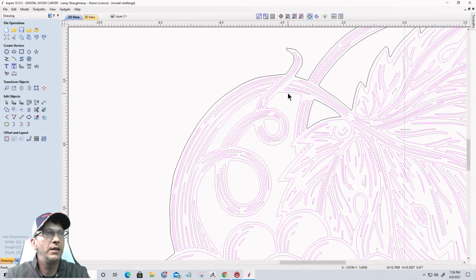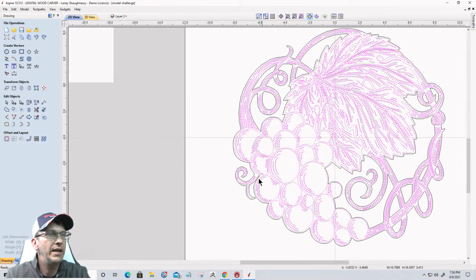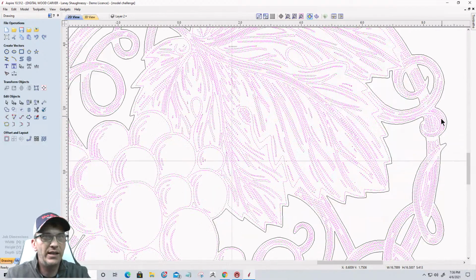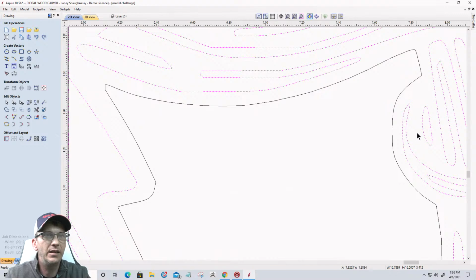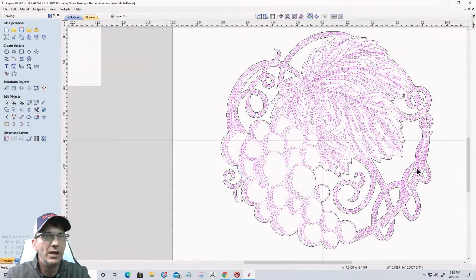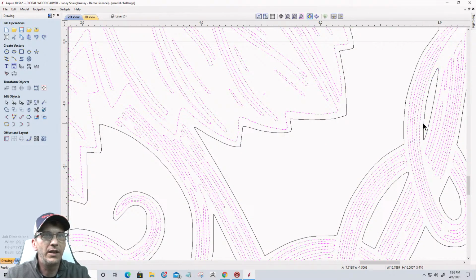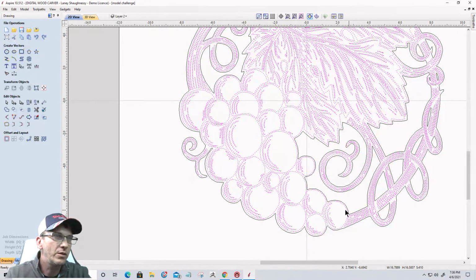But let's go in here and turn off all of these vectors. I'm holding the shift key while I'm deselecting these things, and basically looking at this, I've got this one here and this one here. So that's where that vine kind of overlaps and goes into there. Here I got another one right there. That's where that's kind of showing that separation. So coming around